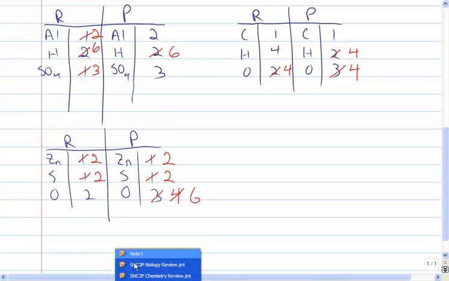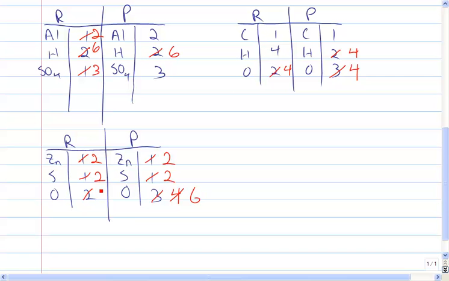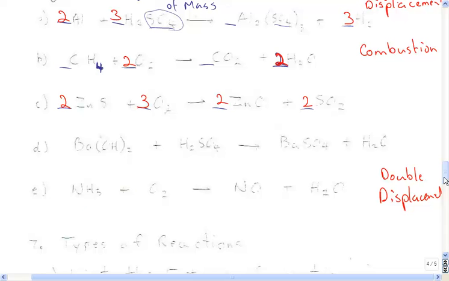Well, if I have 6 oxygens on this side, I've got 2 over here. What if I multiply this by 3? Then I go back here and I multiply that by 3. That becomes 6, and I've got it balanced: 2, 2, and 6. And this is our balanced equation, our balanced sort of combination, single displacement synthesis. A weird combination. Anyways,